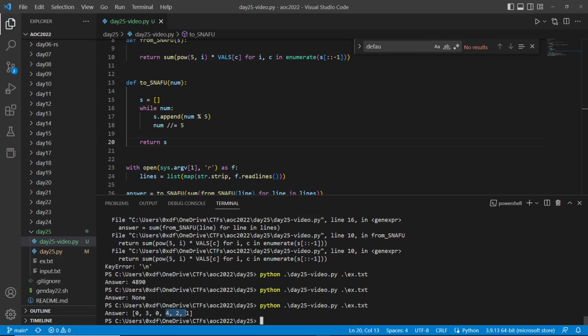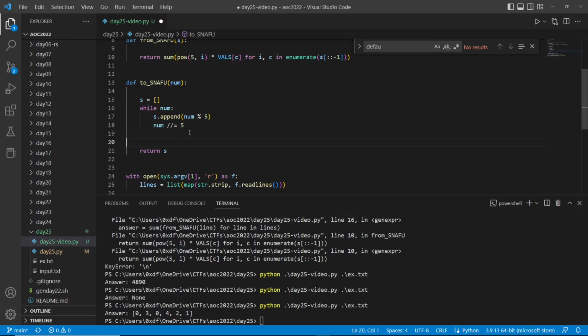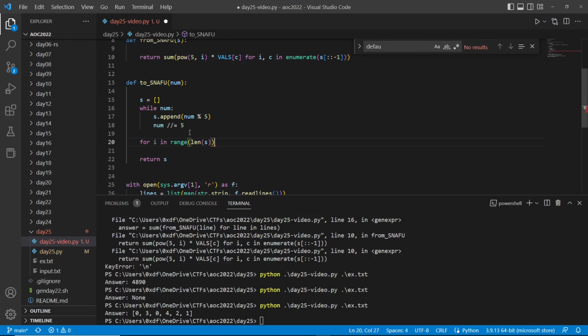And we're going to do the same thing here to convert these. So we'll have to go a little further. So I think we effectively do have a base 5 number here. So how do we get this base 5 number to be a SNAFU number? Well, what we're going to do is say for i in range len s. So we're going to loop through the numbers. And we're going to say we really want to do,